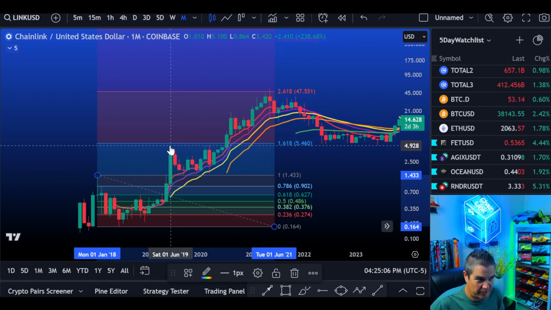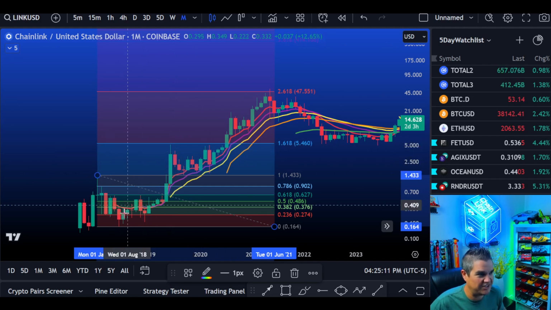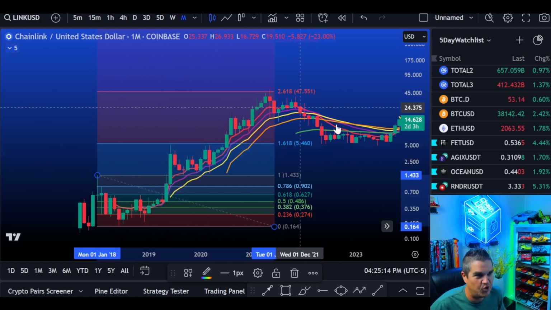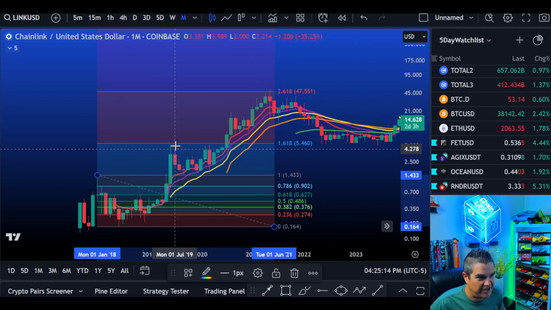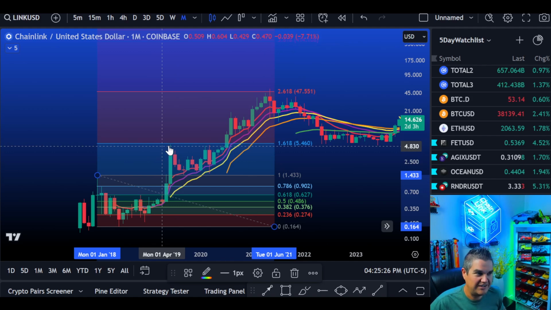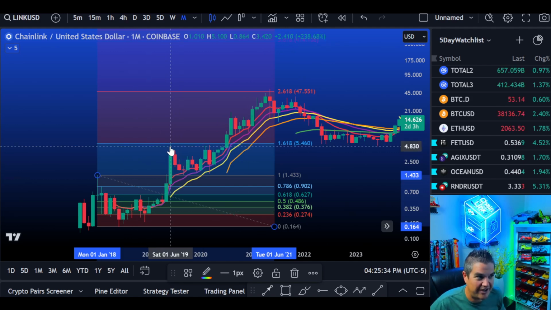1618. Now, a lot of people make this mistake in taking these too literal. Like, I'm not going to sell Chainlink. We see the 1618, we assume the low is in, right? We're assuming we haven't seen any of this yet, right? We don't know what's coming next. And you'll take this and you'll see, look, the 1618. Like, I'll put an order in to sell at 546. No, right? These are general areas, right? And you can see that, right? If you had your order in at 546 and you accumulated down here and you waited, well, you got creamed,